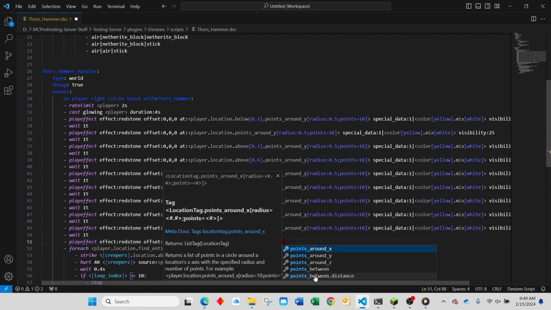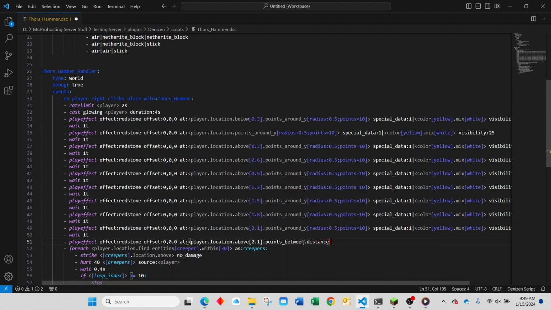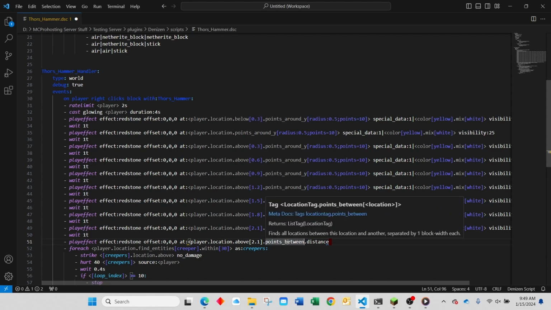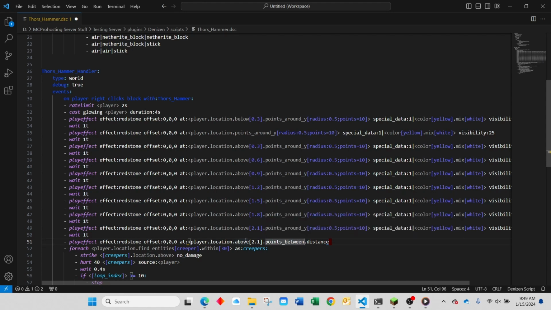Points between with a distance between those points. So what this means is from location above 2.1, and every point between up to, we'll call it